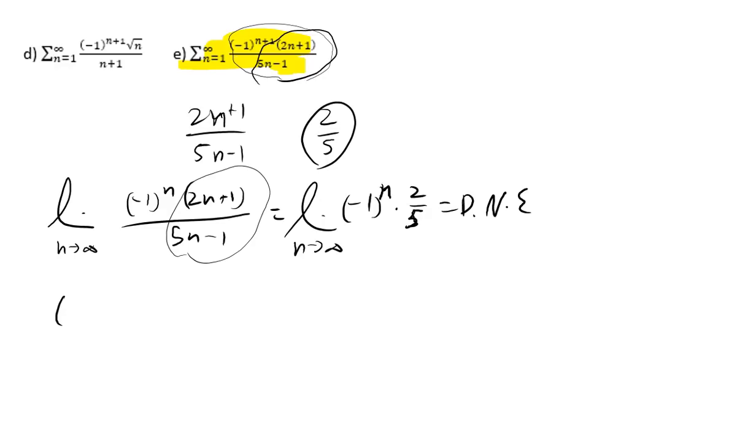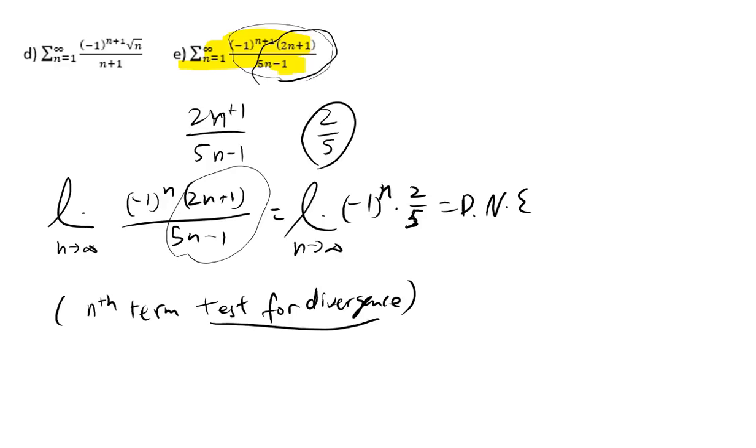So what we're doing is the nth term test for divergence. I like to just call it the test for divergence for short. Some people just call it the nth term test for short. The full terminology is nth term test for divergence. Well, the test for divergence says this diverges. So that was